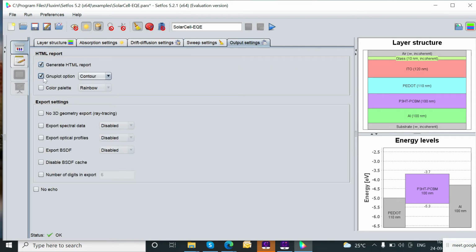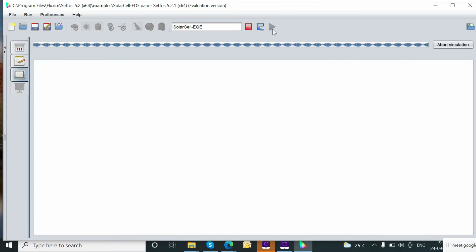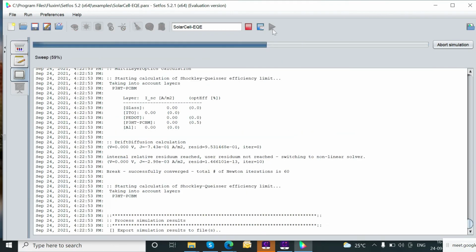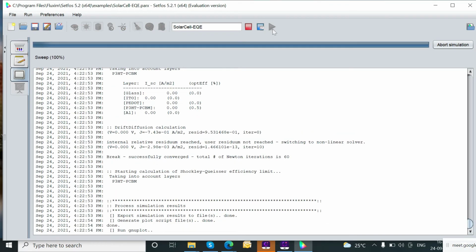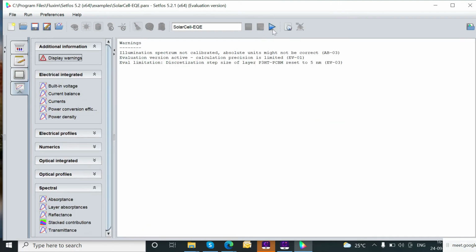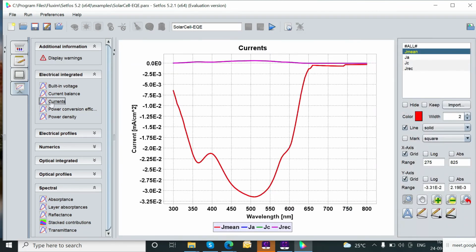Let us take some other solar cell device. This is the solar cell with EQE. Let us take this one, where there are P dot, P3HT, PCBM and aluminum, different layers. Now we will plot the quantum efficiency. Here is the depth diffusion model without biasing and sweeping.